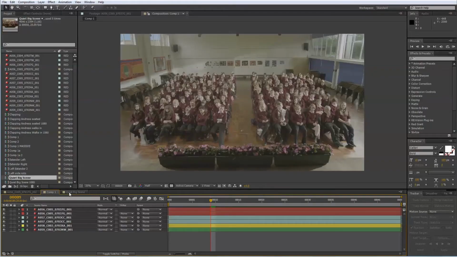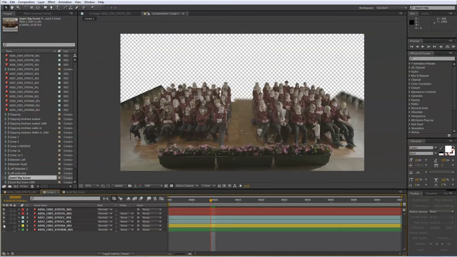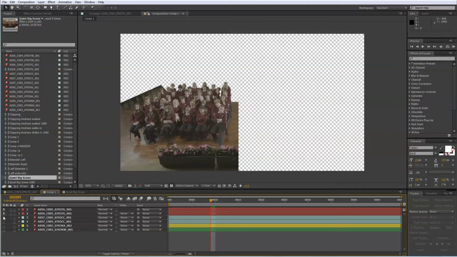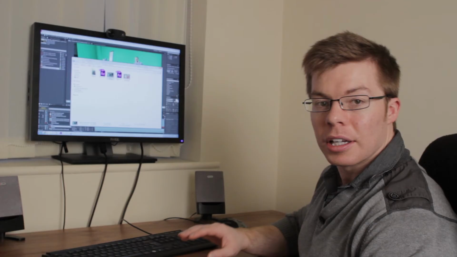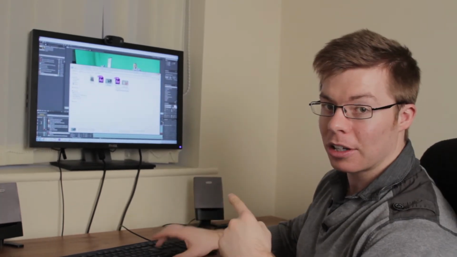Okay, I'll just give a quick breakdown here. If I just do a breakdown of the scene, I'm going to take away a few layers at a time. So I'm going to remove that layer there, that one, there we go, and that's how we split it up. So let's take a look at another visual effect.